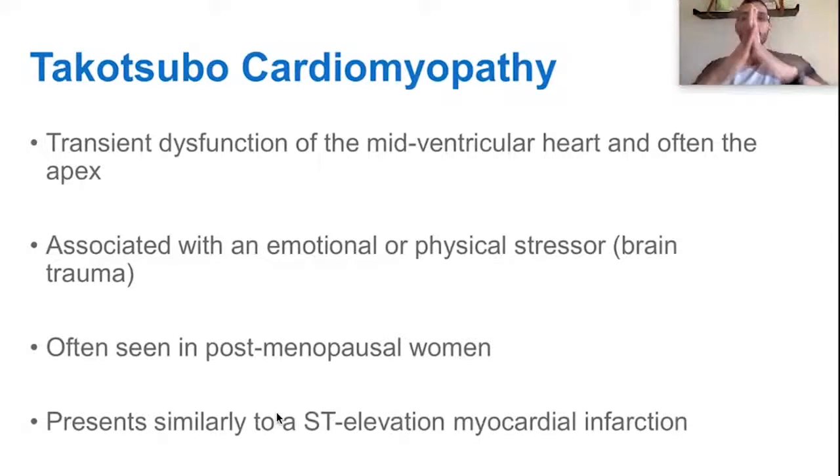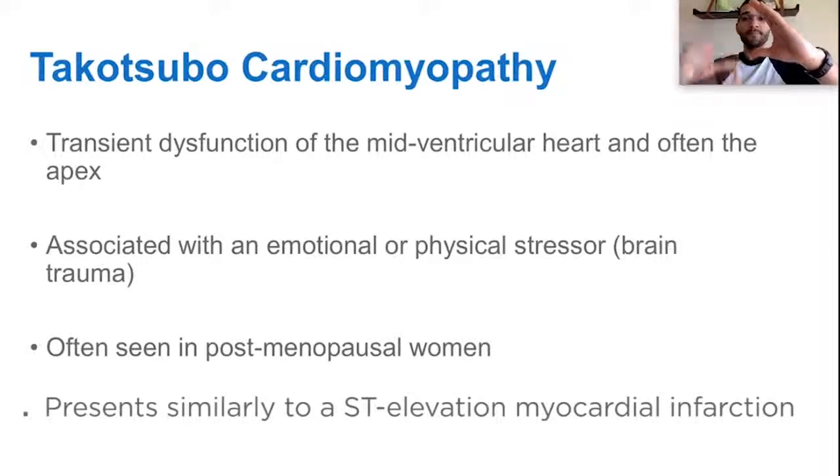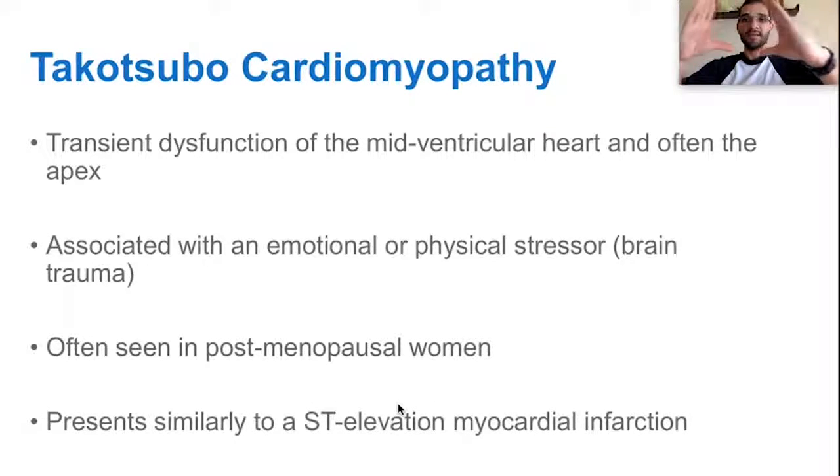So if you looked at her ultrasound of her heart, starting from right where the aorta is coming out, it was bounding, and then as you went away towards the apex, it just got weaker and weaker and weaker. This is classic Takotsubo's cardiomyopathy, which is a reversible dysfunction of the heart